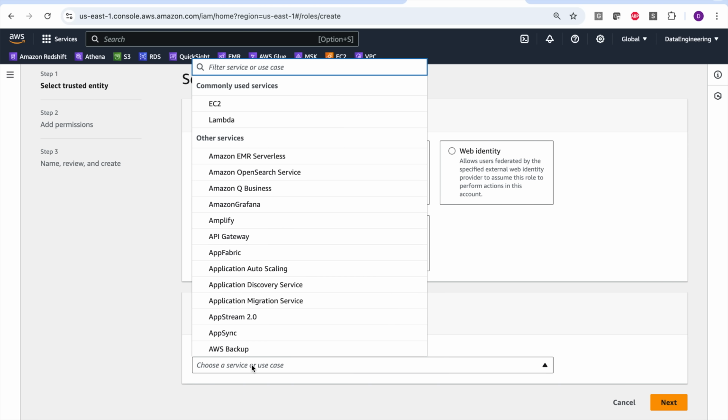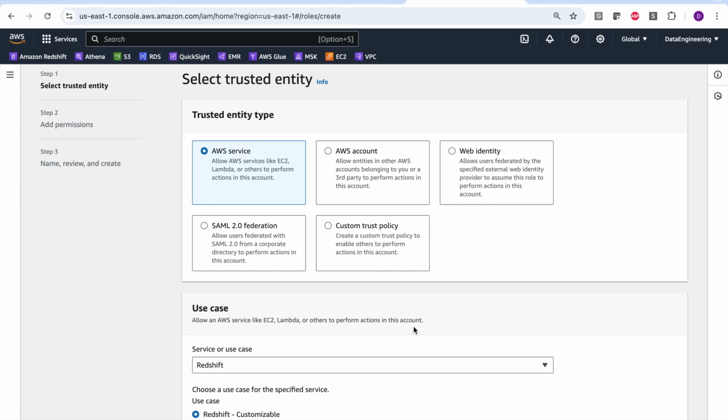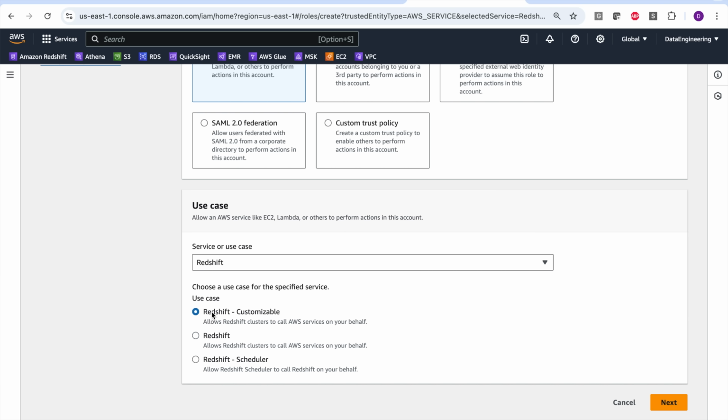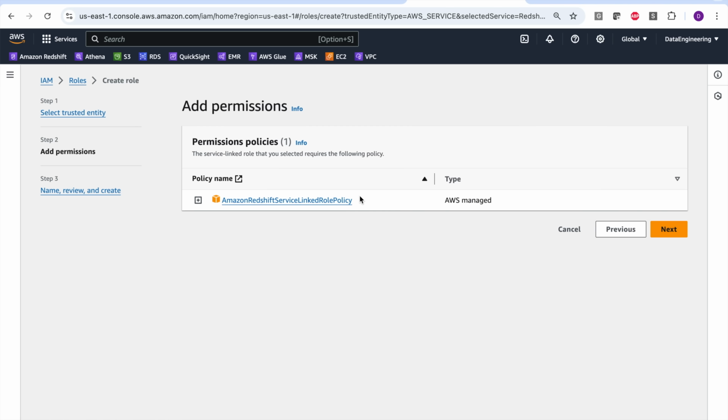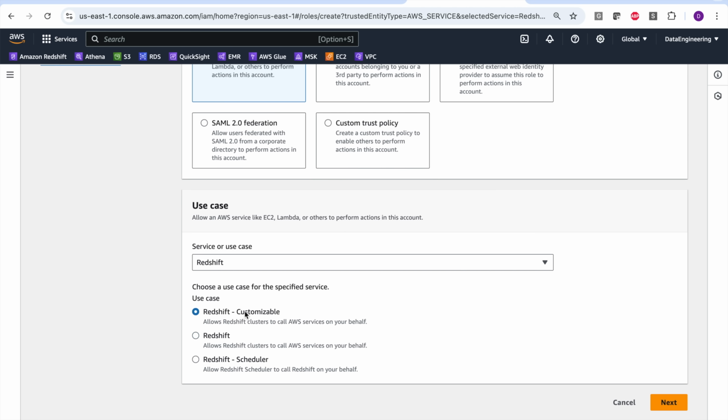Now I have to select a service here, type Redshift, and there you go. We have Redshift. So there are 3 options: Redshift customizable, Redshift, and Redshift scheduler. I'll have to use Redshift customizable because I want to give a custom role. If you select Redshift and click on next, it will add this Redshift service linked role policy. This is not needed. So what I'll do is select this Redshift customizable, click on next, and